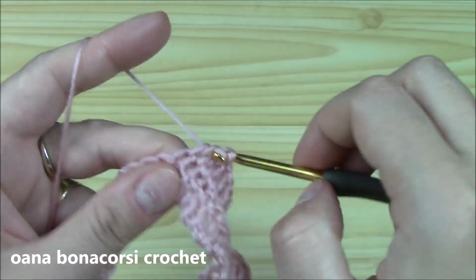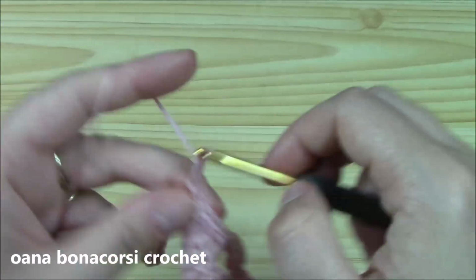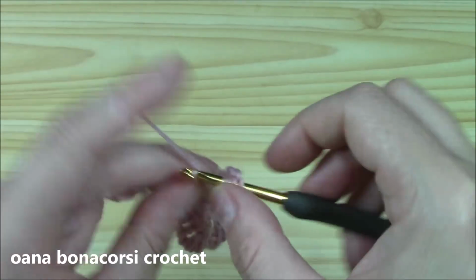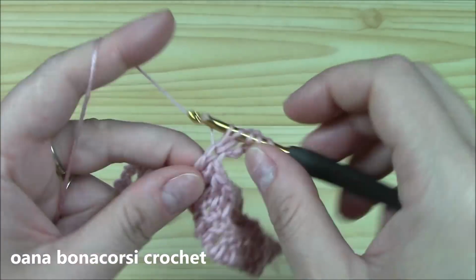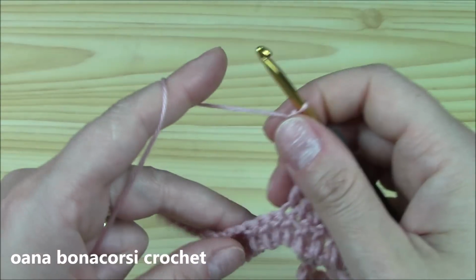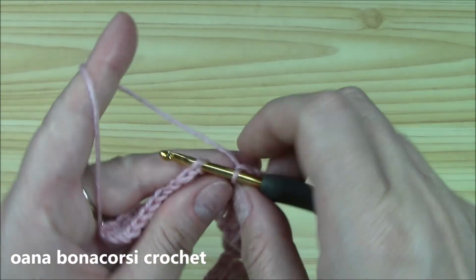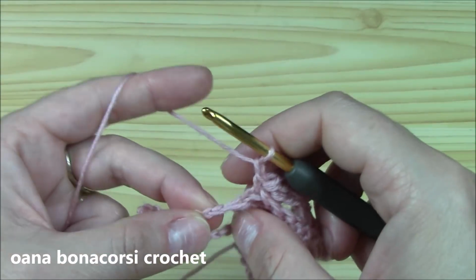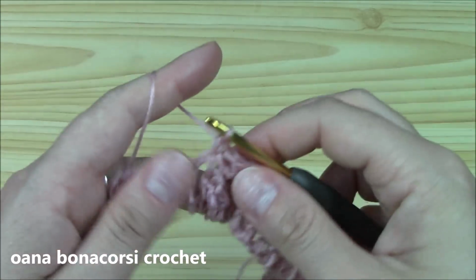and then we will repeat. We have our 5, so chain 4, yarn over twice, insert hook into the double crochet, work 1 triple, work 1 more, chain to secure, don't close the chain, just go into the second chain of the chain 2, insert hook and single crochet, chain 1, skip into the first chain of the next chain 2, single crochet into it,